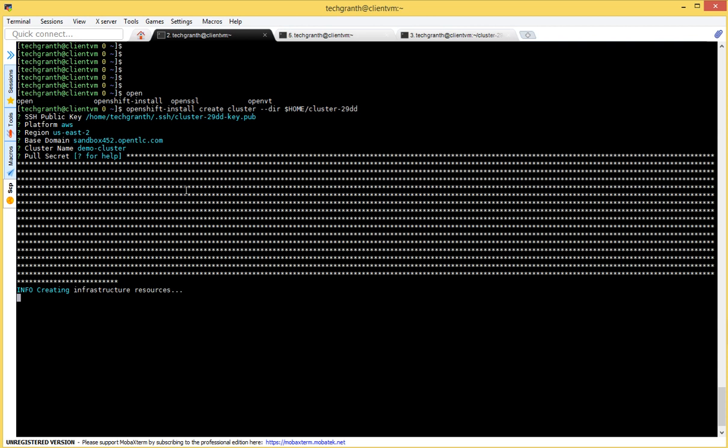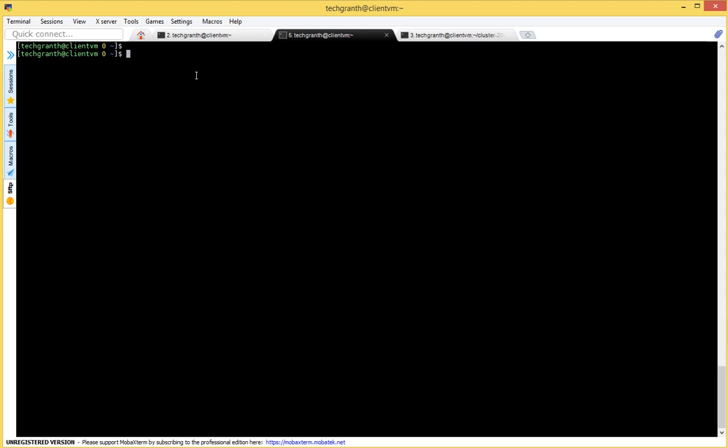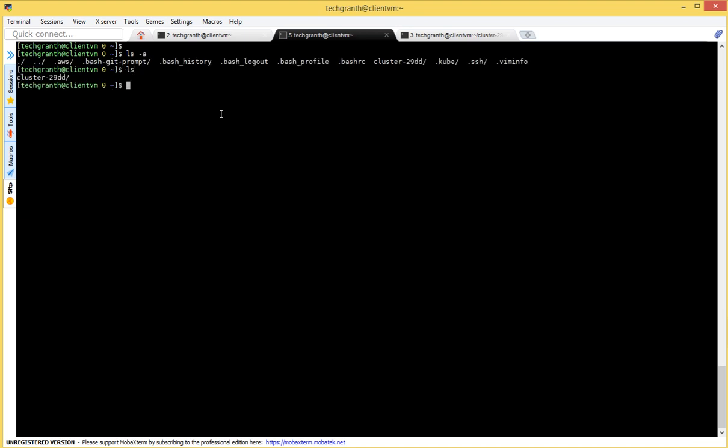Okay, I think my terminal has stuck. As I can show, we can check the logs from another location as well, since there is also some issue with my terminal. So let's check it again. In our home directory, we will check ls -a. Okay, sorry, ls, and here we have our cluster directory. Here if we run ls -ltr.